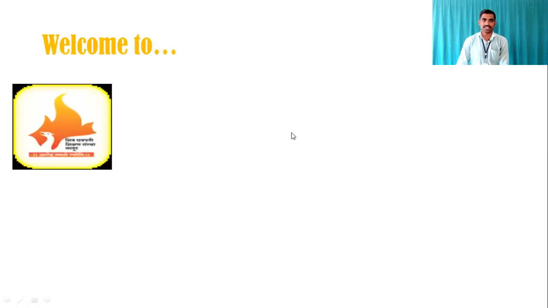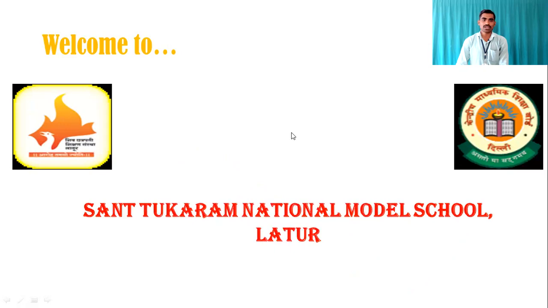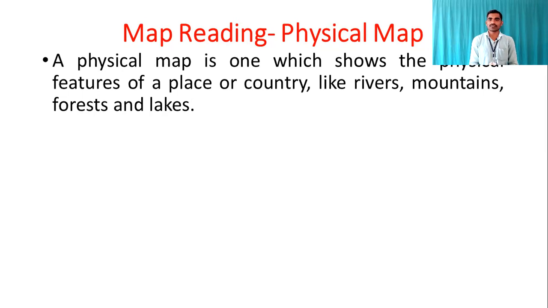We are learning the social studies subject, class 4. So, let's move on and go to our new topic. Today's topic is regarding the physical map of any particular place. Here we are going to study map reading, particularly the physical map of any particular place. So let's see what is meant by a physical map and how to read that physical map. Let's start. What is the meaning of the physical map?